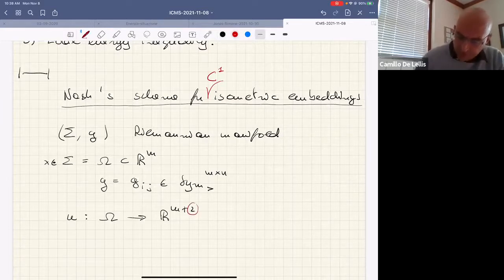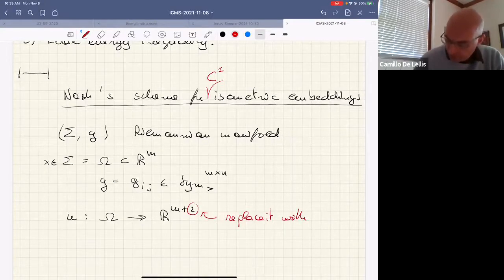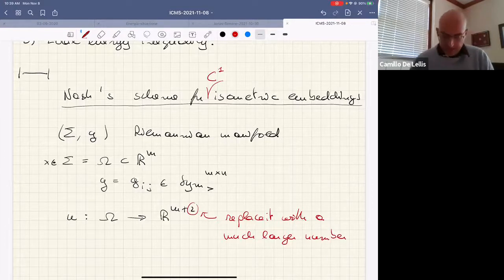Maybe I want to even replace it with a much higher codimension, a much larger number. And getting down from this number to 2 and then to 1 is more like a technical refinement. And this map u is just C1,